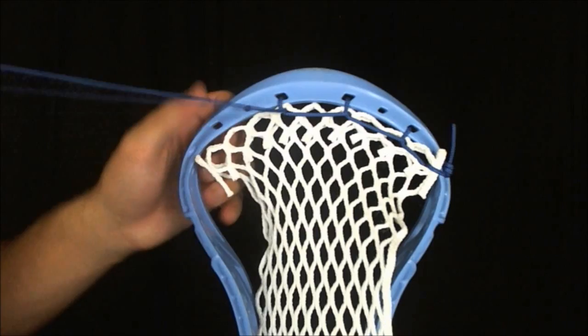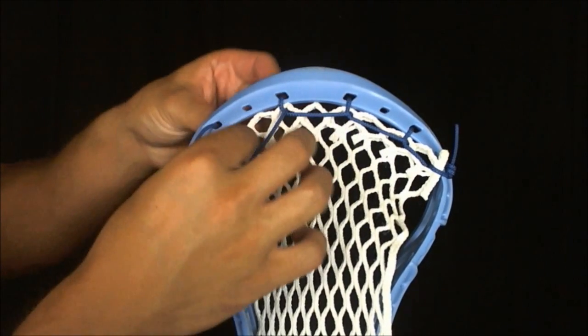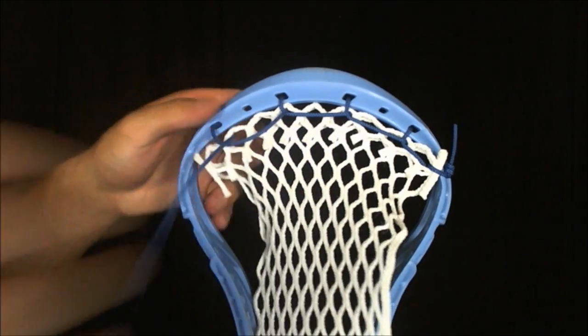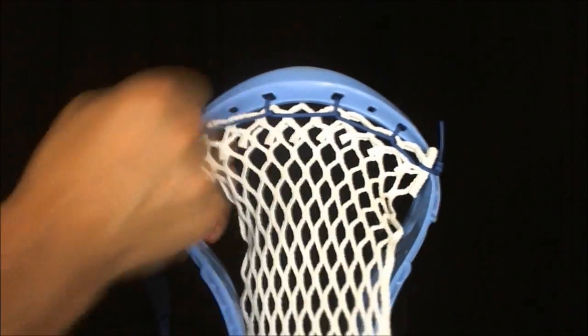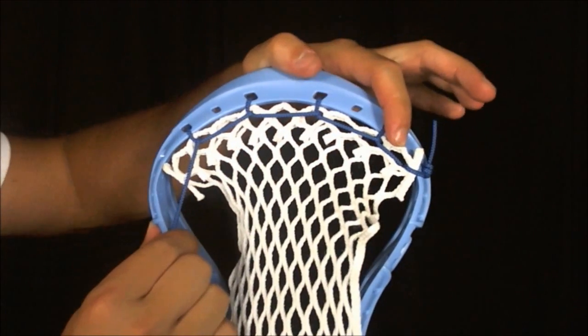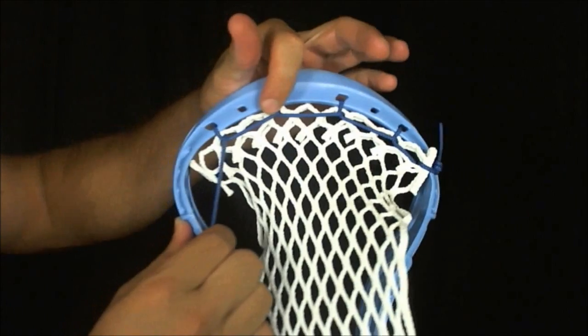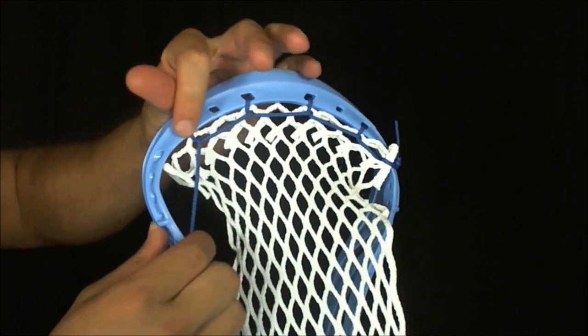And finally the last one. So you're going to skip another mesh hole, in through the back of the scoop, up through the mesh hole, and finally back around and loop it. So you can see here's where we tie on the sidewall. Top string, skip a mesh hole, top string, skip a mesh hole, top string, skip a mesh hole, top string,